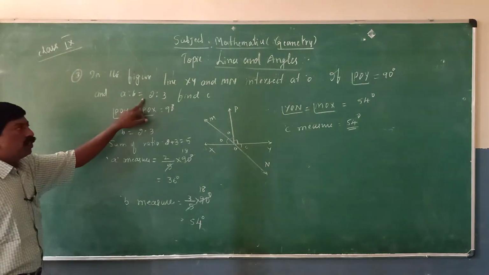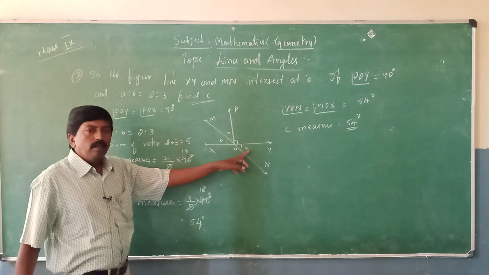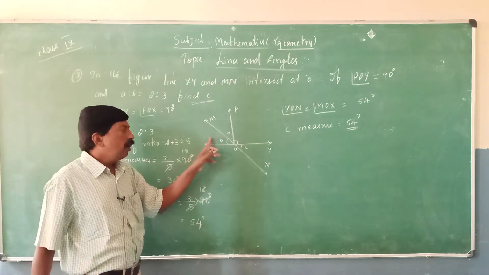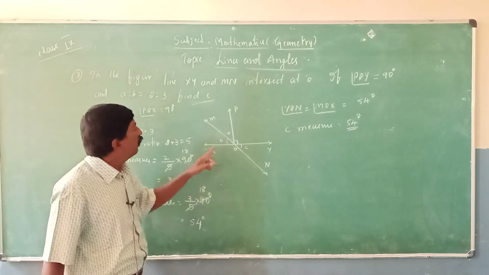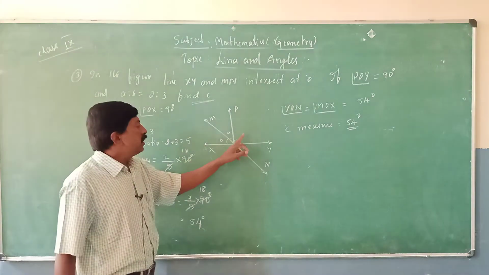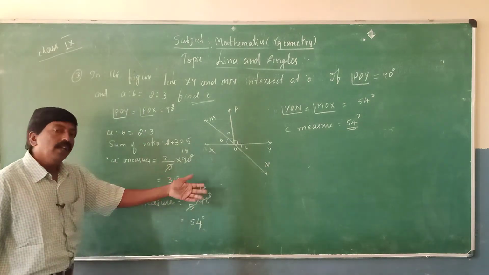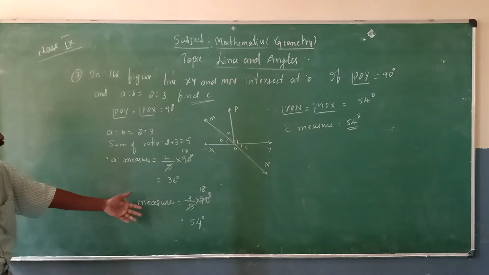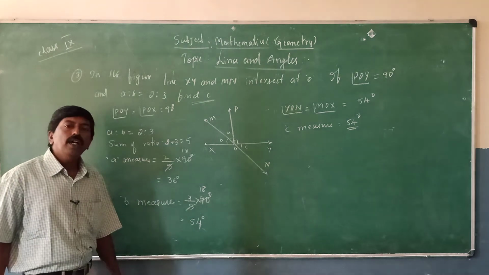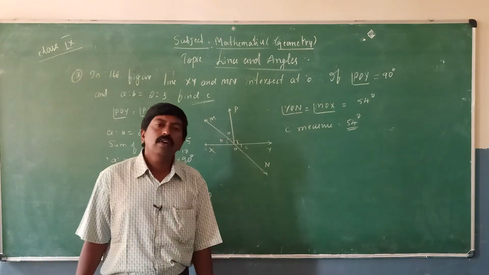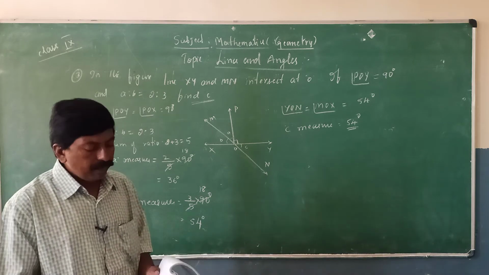A is to B, 2 is to 3. Find C. So it means when we calculate B angle, definitely very easily we can identify C angle. Or another method, find A angle plus 90 plus this angle is equal to 180 degree. Even you will get in that method also. Different methods are there. You can follow any one method. In that way, we have to find angle C with the help of given data. Okay. So, shall we pass on to next problem?